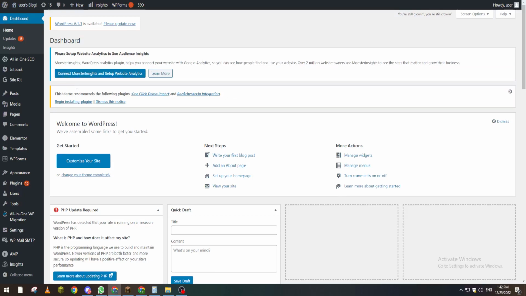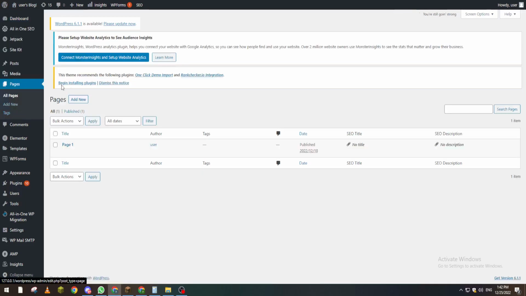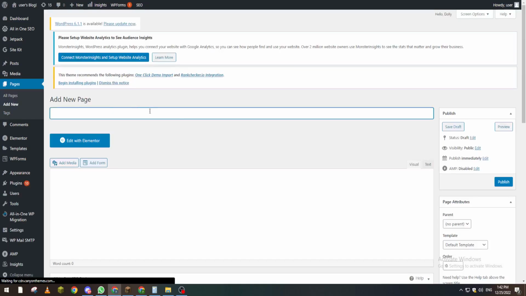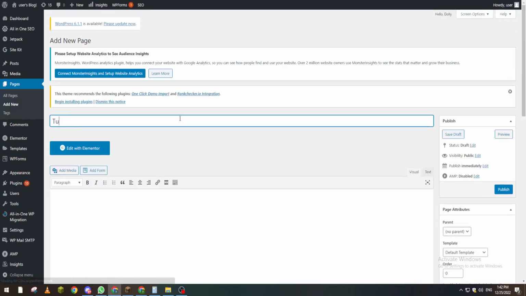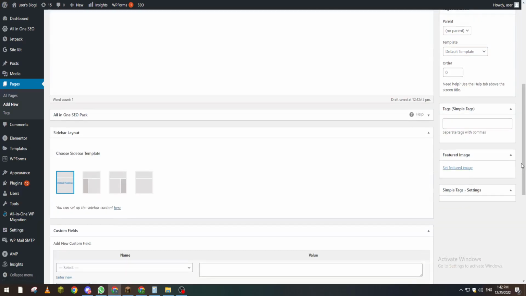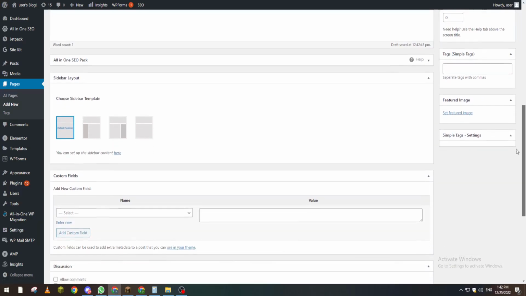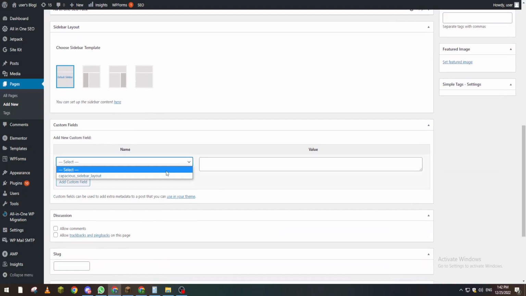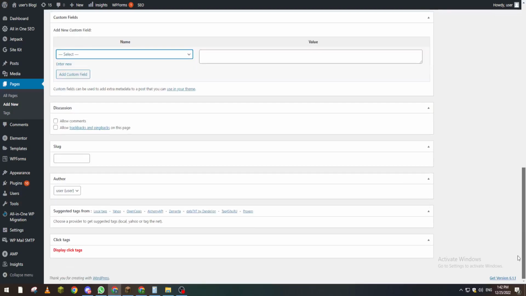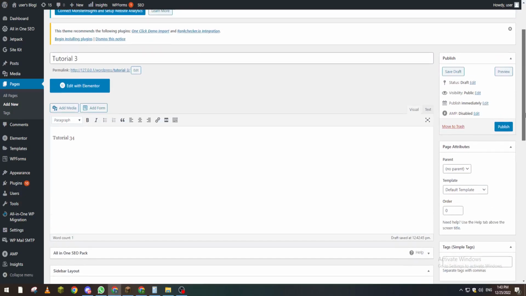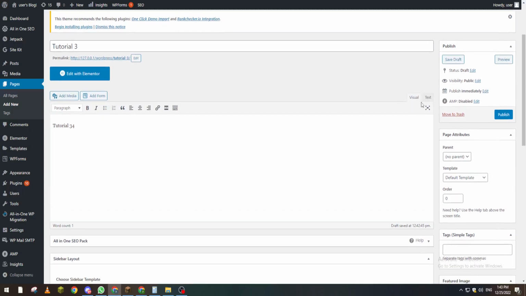What you have to do is go to pages and let's create a new page. Let's make it something like tutorial 3, and let's put something in here. Here we can edit all this, publish or preview, whatever you want. Here you can add images. Here you can add some fields. We can add, for example, categories and many more details. So let's click first on publish,